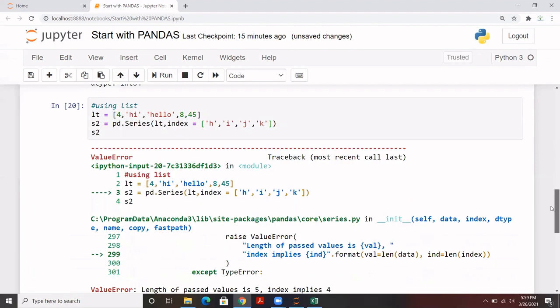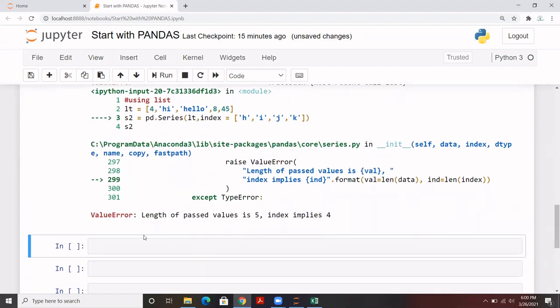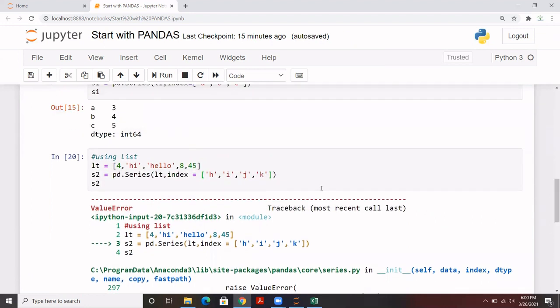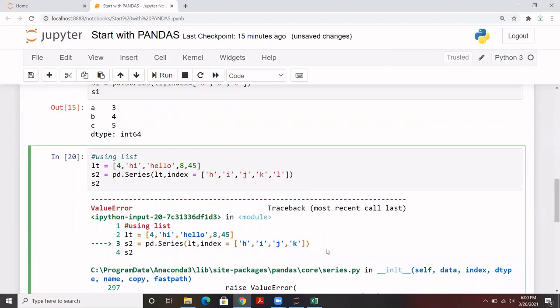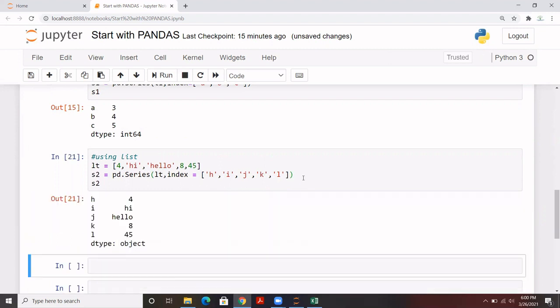And in case you want to understand this error, you can find it here. Length of passed values is 5 and index implies 4, so you should pass a total of 5 values here. Or you can reduce the length of your list. It's up to you. So that should be similar. That's a very basic thing.